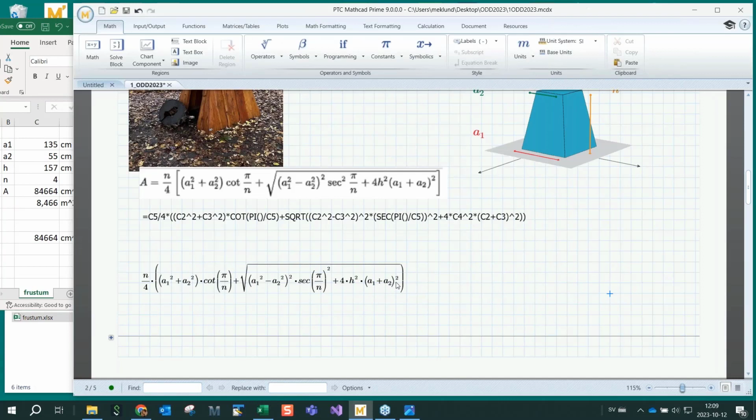If I try to calculate this in Mathcad, just to show you how it works, I just press equal. I can see that I probably have the wrong keyboard settings. Swedish keyboard. Equal, yeah. Then Mathcad says this one is undefined. So I just need to say that n should be 4. Now it's complaining about a1. a1 should be 135, and a2 should be 55,